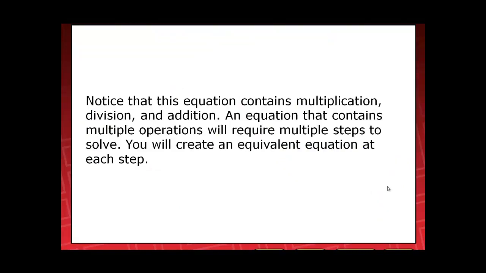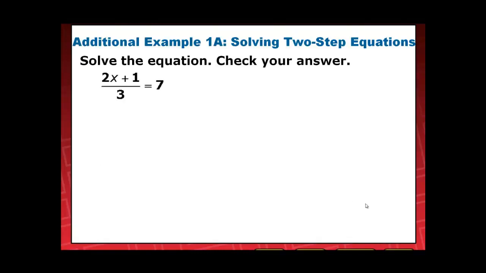Let's complete. Okay, take this hint. Notice that the equation contains multiplication or division and addition. These equations will take a lot of steps, okay? And in each step you will create equivalent equations. So let's see how. We have here 2x plus 1 divided by 3 equals 7. I have a fraction here. So how do I take the fraction out of the equation? The best way to take out the 3 from here is to multiply both sides